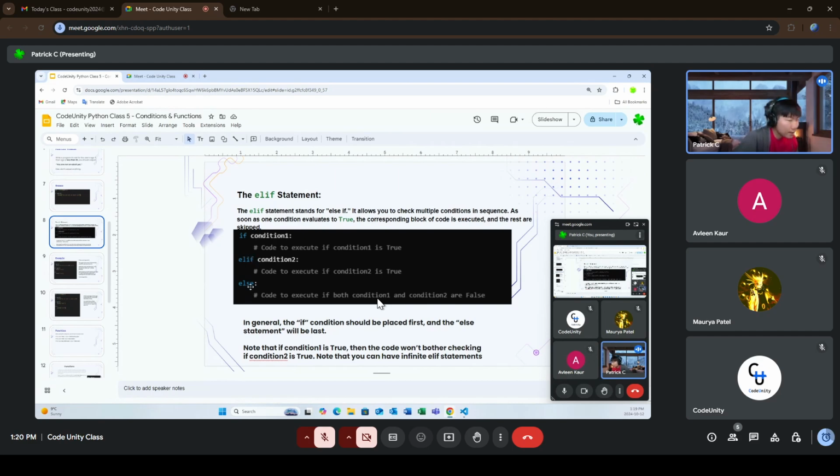And then, of course, if nothing above is true, we have the else, which is a catch-all statement. So if nothing else is true, we always have this to execute. In general, the if statement should be first, and the else statement should be last, right? Because the else statement is checked